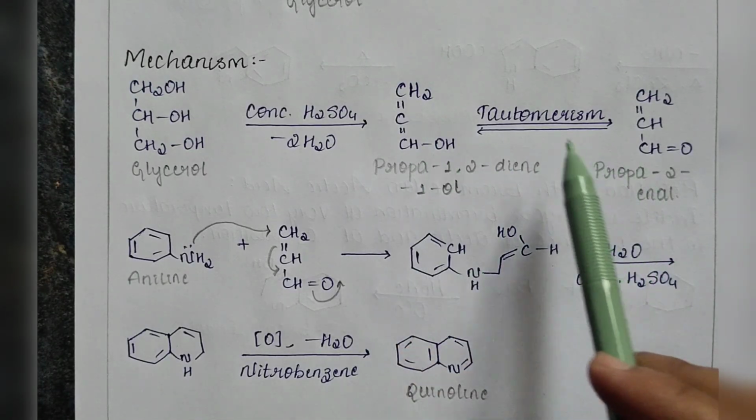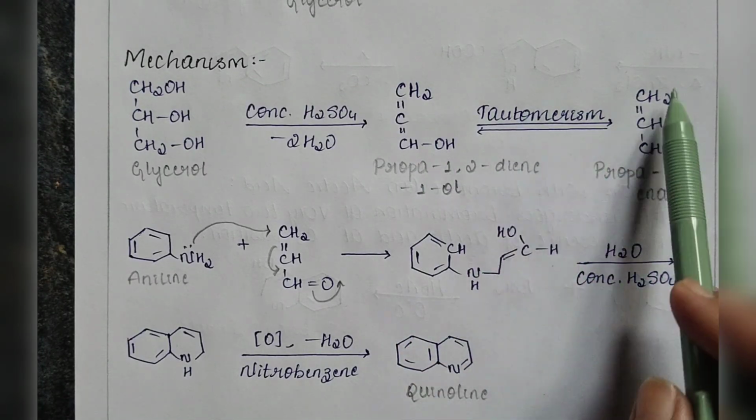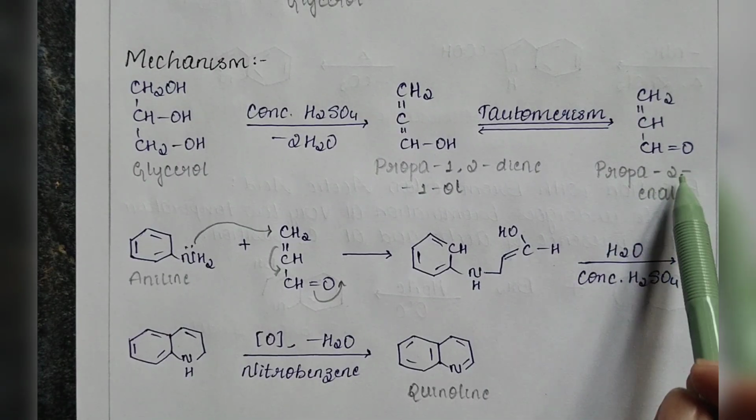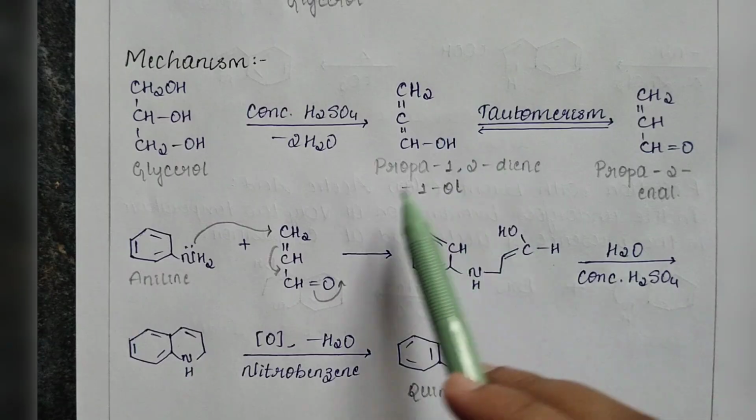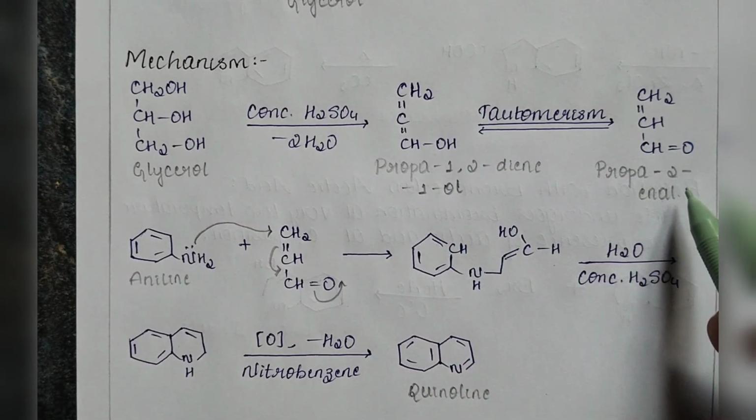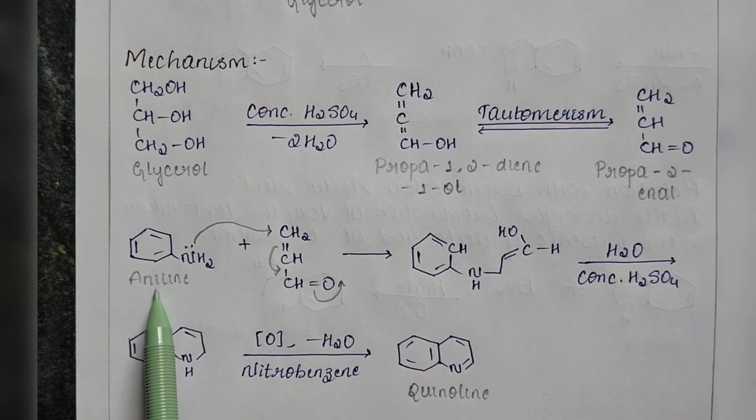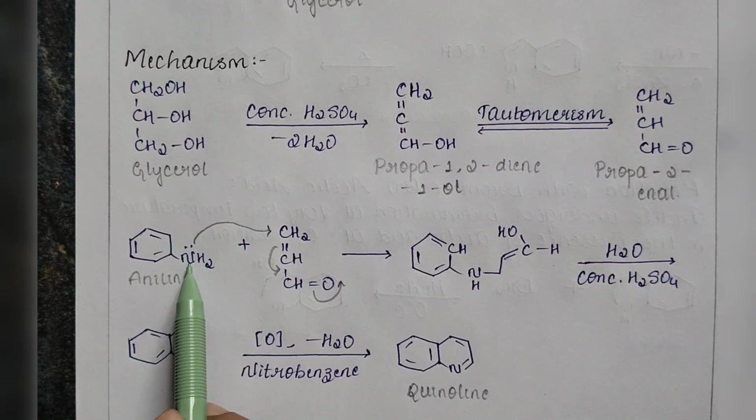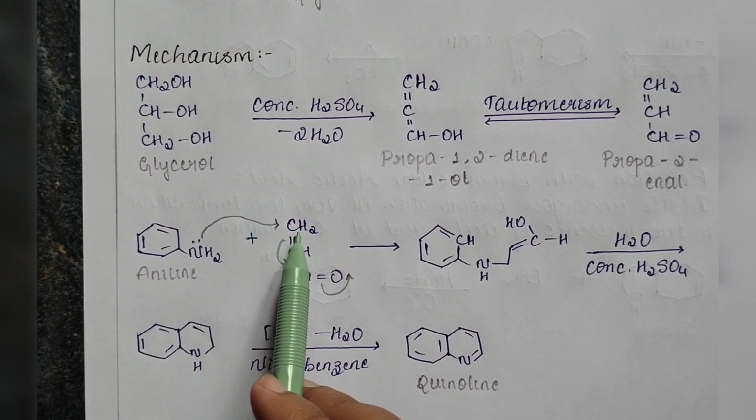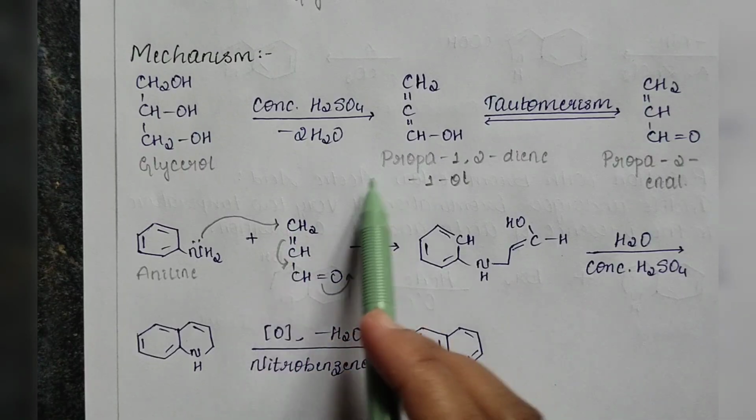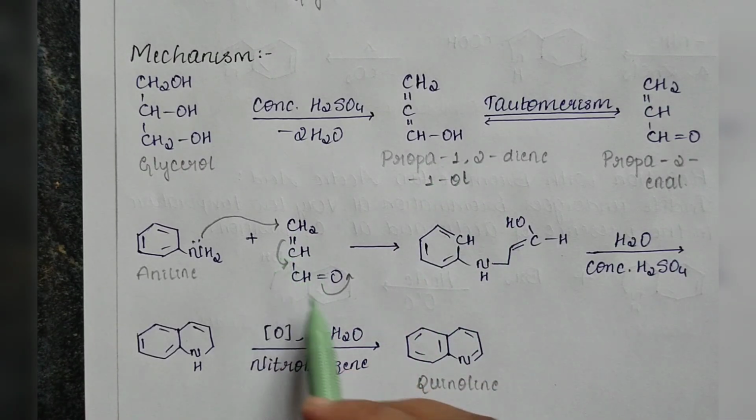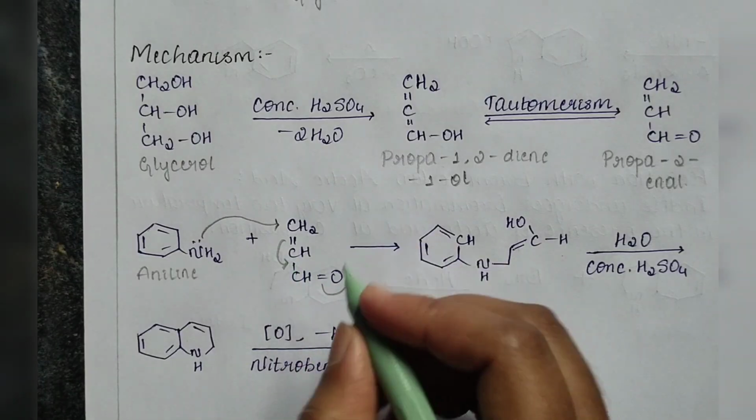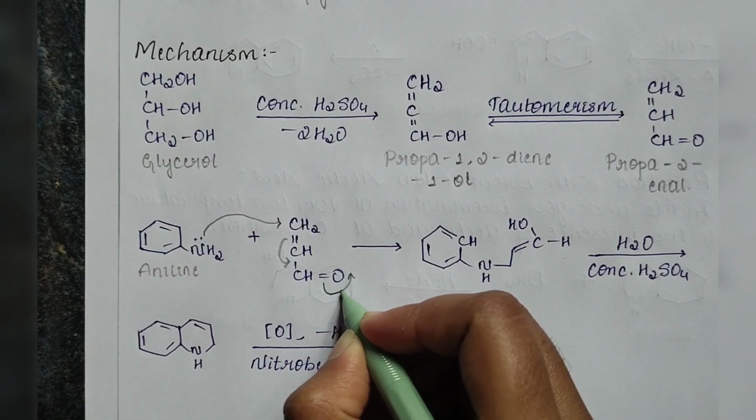So which can undergo tautomerization and leads to formation of propa-2-enol. So this propa-1,2-diene-1-ol or propa-2-enol will react with aniline. So the lone pair of electrons present on the nitrogen are attracted by the carbon atom of the propa-1,2-diene-1-ol. So by reaction here the double bond will get shifted and one bond from oxygen will also be